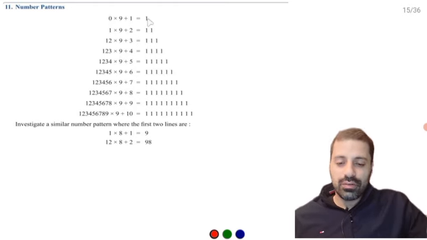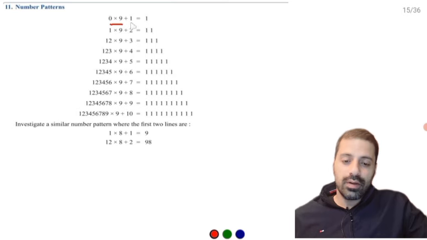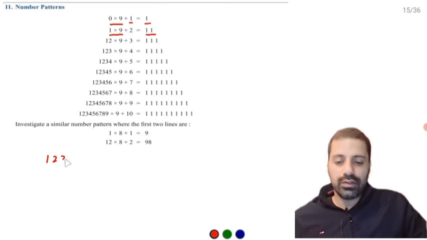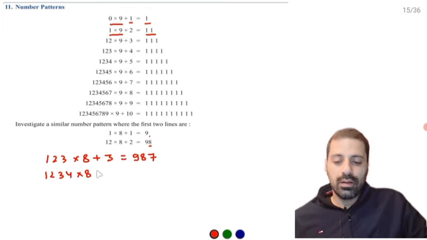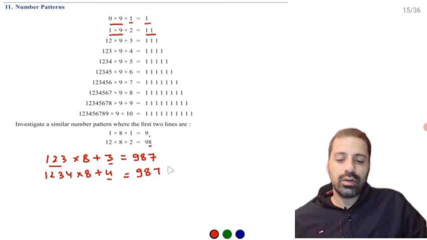Now the next question we have, the pattern is given here. When 0 is multiplied by 9 and 1 added, 1 will come here. In the same manner, 11. Now we have to complete this. So now 1 2 3 multiplied by 8, then 3 will come. So here first it was 9, then 8 came, meaning it decreased by 1. Now what will happen in the third step? One more number will be added but the multiplier will be smaller. Then going further, 4 comes, 8 comes, +4 is added; with 4 numbers, +4 is added, with 3 numbers multiplied, 3 is added, and this answer will come for 4 numbers, and it will keep decreasing by one.